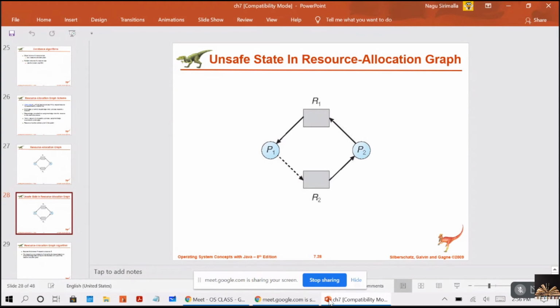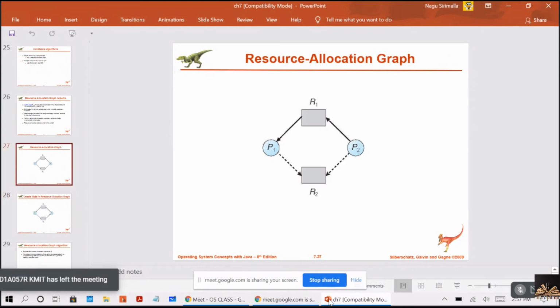So in this example, chudandamma, consider the resource allocation graph. Suppose P2 requesting R2, right? ఇది పైన diagram అనుకుంటా. Yes, P2 requesting R2. R2 is currently free, but still we cannot allocate it to P2 since this will create a cycle in the graph, right? Why? Because here P1 is also requesting for R2, right? P1 is also requesting for R2. So if we assign R2 to P1 and if you allow P2 to request for R2, then definitely it is making a loop, right?